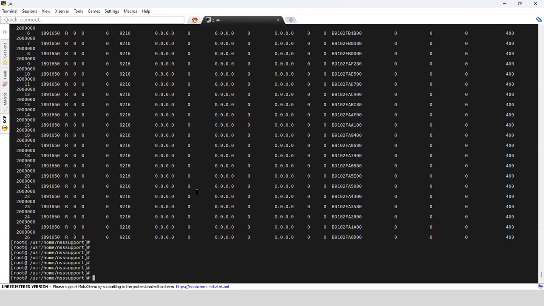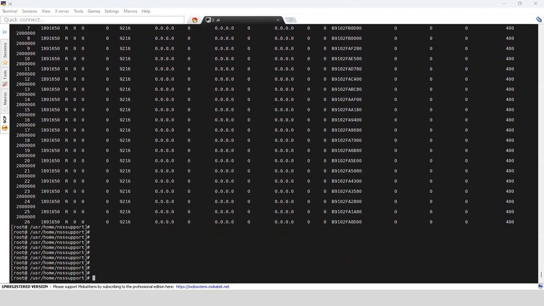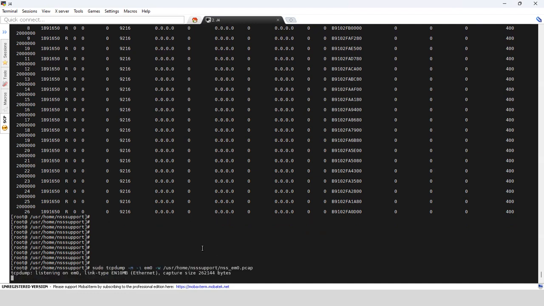So now first what I'll do, I'll capture on the management interface. Okay. So I'll run the exact command I have in our slides. And that command is sudo tcpdump -n -i em0, which means I'm capturing on a management interface, and -w, this is the location I'm storing these captures to. I started this capture, and I can see that it's listening on this em0 interface, and this is the